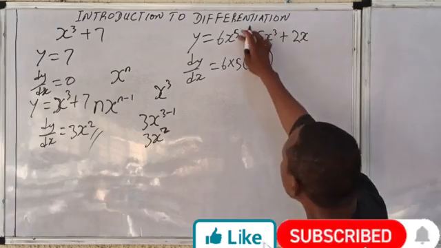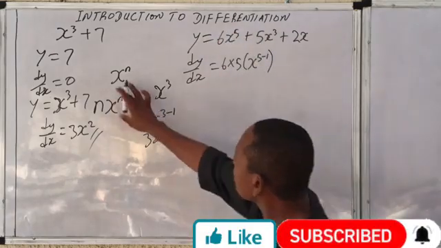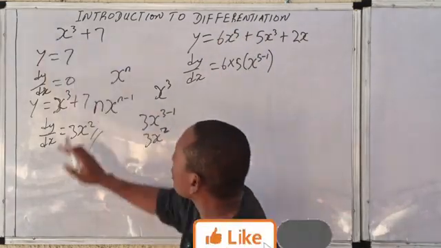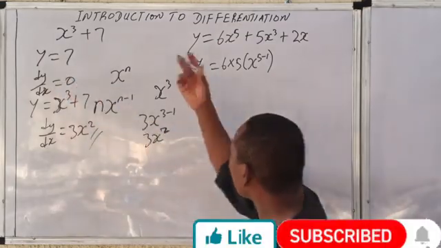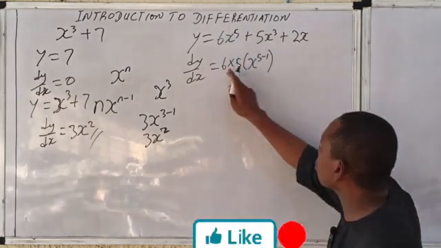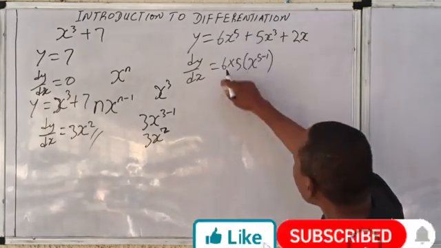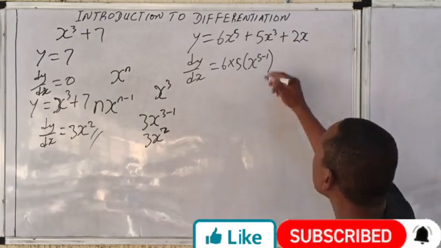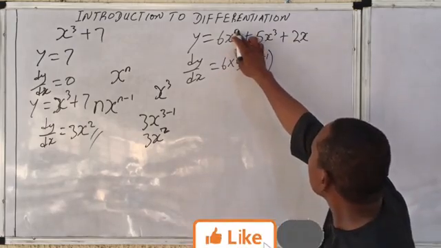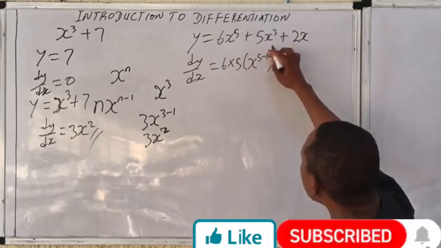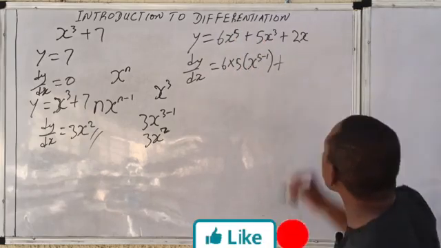minus 1. Now, there's a value at the back. In this place, there's an invisible 1 here. But if any number multiplies the 1, you have the same thing. But in this case, you have 6 at the back. So you put the 6 there. Take this 5 to the back. You now have this 2. Then x to the n minus 1, which is 5 minus 1. So plus, now,